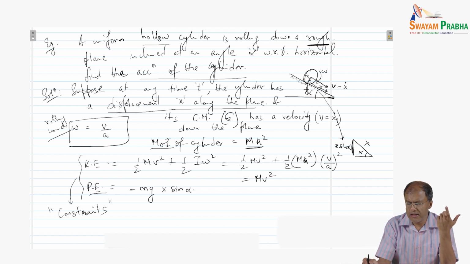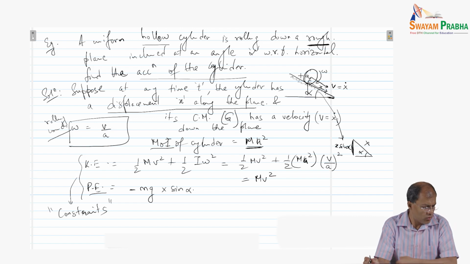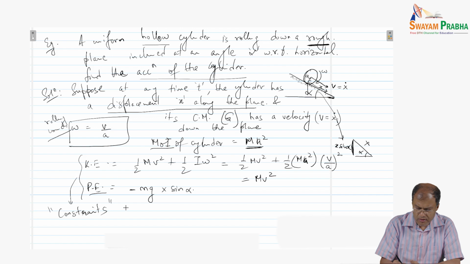The constraints are that the cylinder is moving on a rough surface, which means that there will be some sort of a normal reaction as well, right? So these are all internal constraints, and we understand due to Newton's third law that these internal constraints are not going to do any additional work on the system, right? So the constraint forces